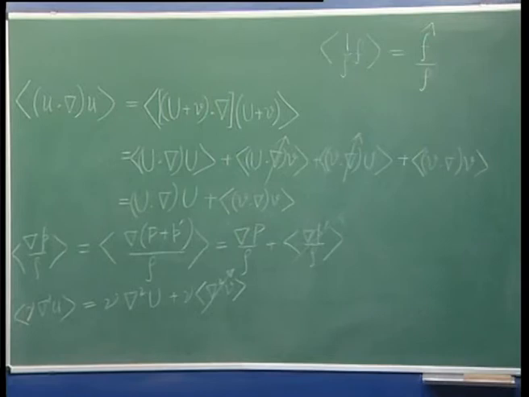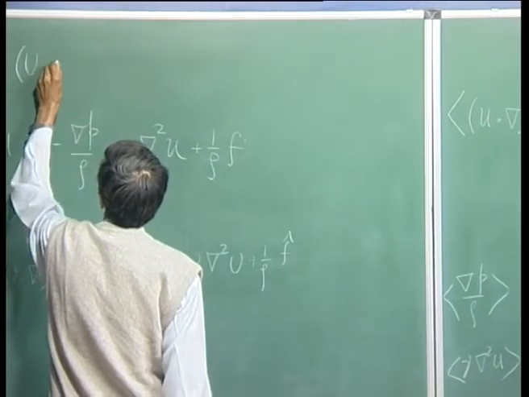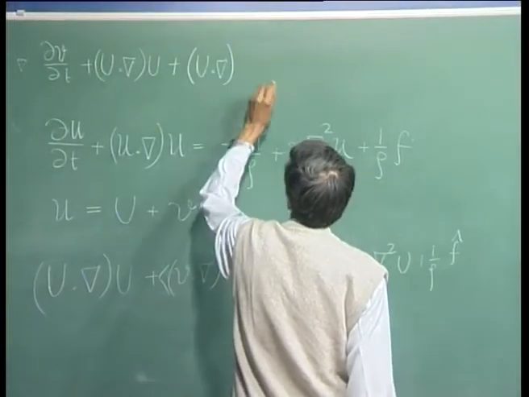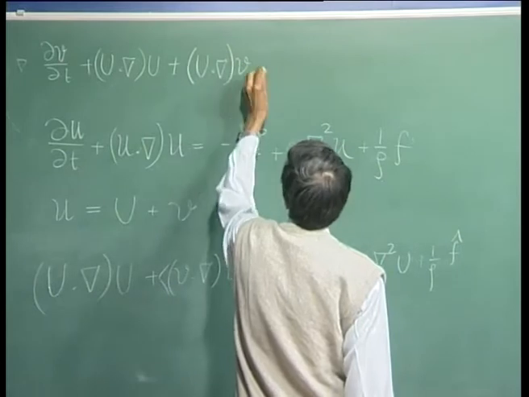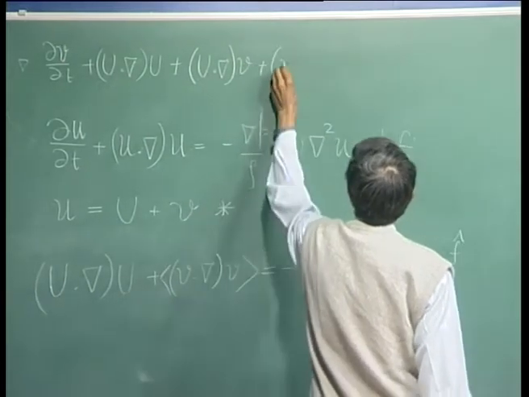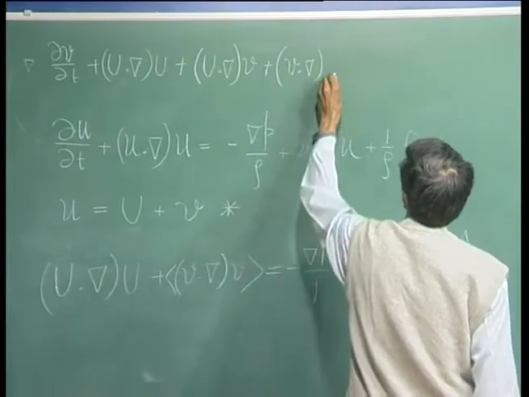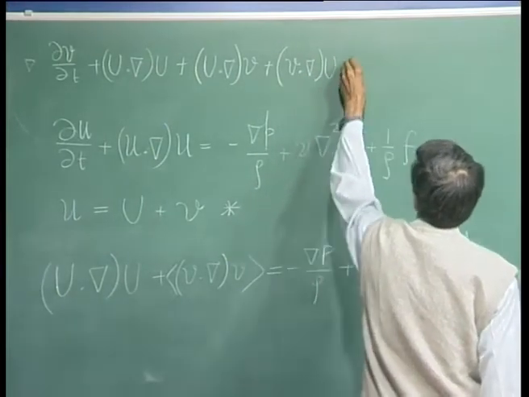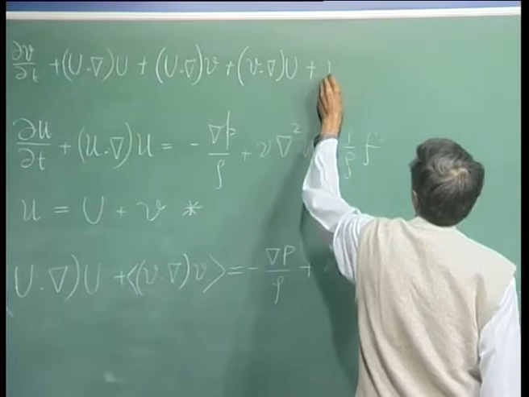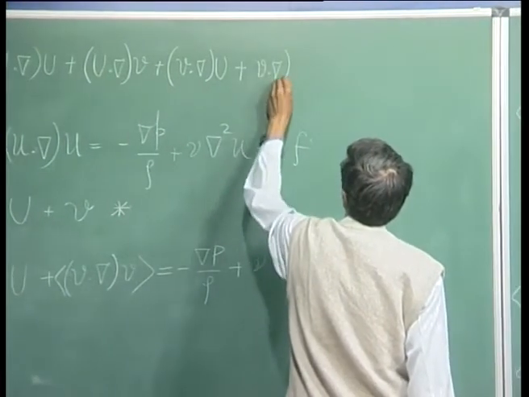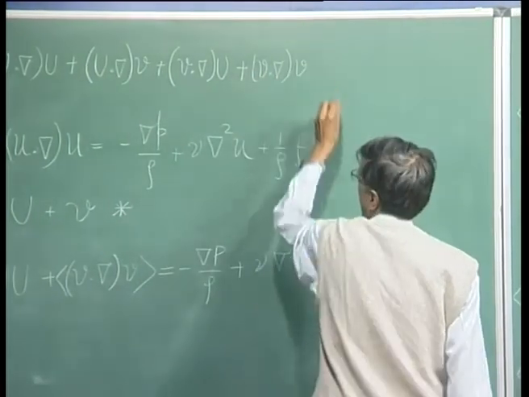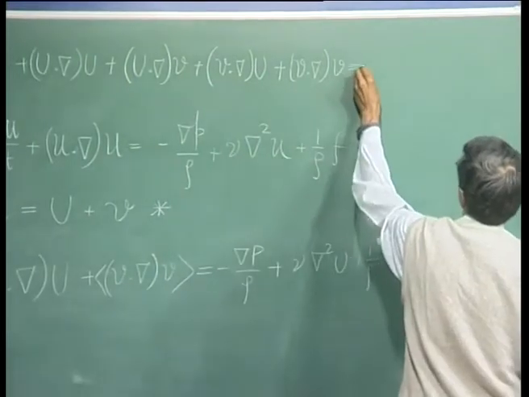So, I will just write them down once again, and there isn't much of a problem in doing that. U dot del operating on V, then V dot del operating on U, and of course I have V dot del operating on V,